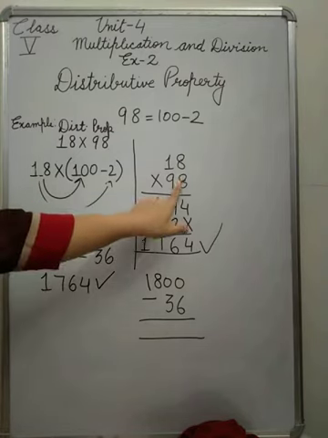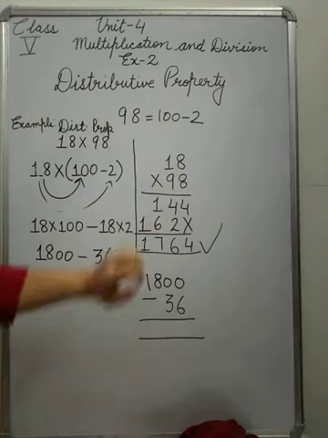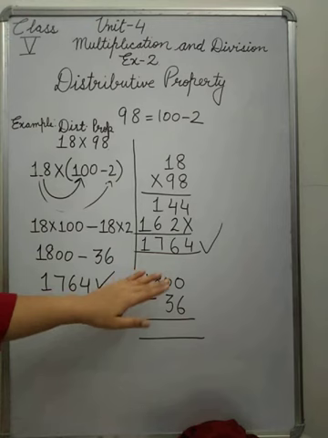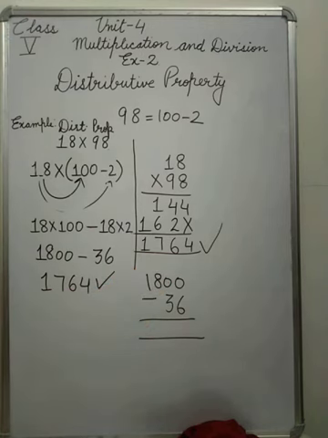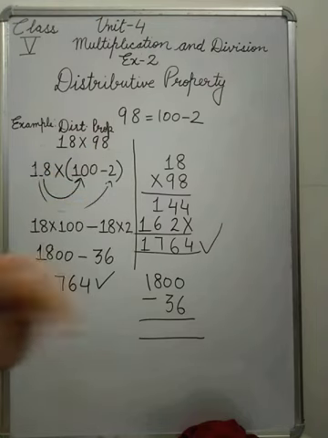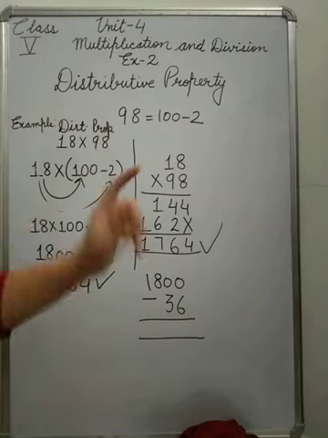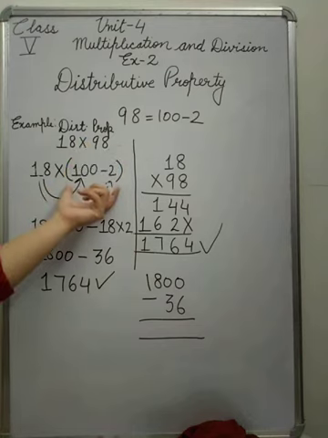Here you do first 8 8s are, 8 1s are, then you write it, 9 8s are, 9 1s are, then you write it, then adding. Okay, 3 steps you have done. Now in this what you have done, see, 98 can be written as 100 minus 2. Very simple. Any one number you have to break. Don't break both numbers. Any one number you will take, you will break that.